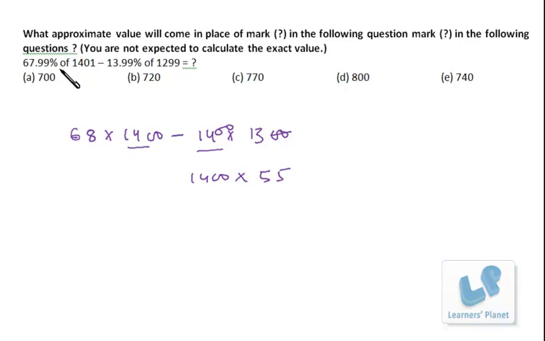Now what is 68 minus 13? 55, and because of this percentage sign I had to divide it by 100. So your final calculation is 14 into 55. 14 5s are 70, 14 5s are 70 plus 7, 770. In two steps you got the answer. Okay, that too 100% correct. Okay,